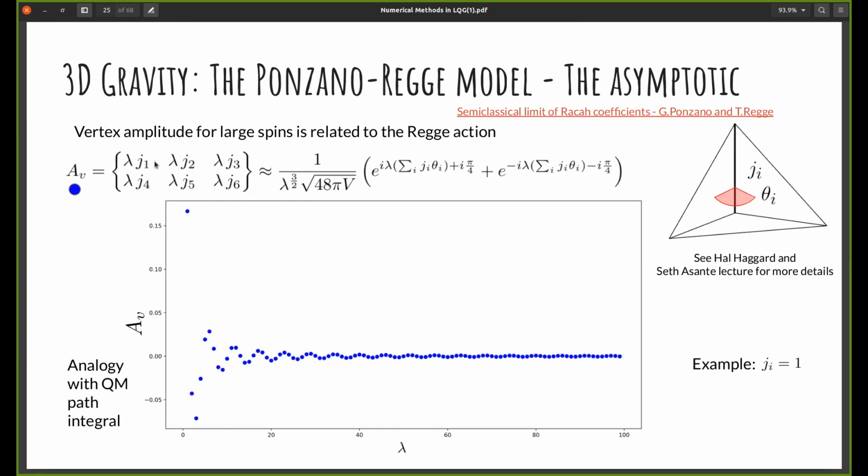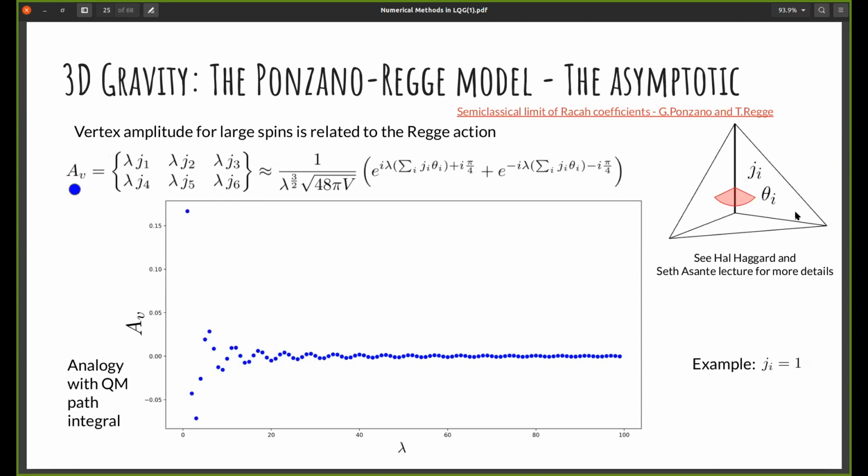And if you rescale all 6 spins with lambda, so you fix the 6 spins. In this explicit numerical example, I fix all to 1, for example. And you take increasing values of lambda, asymptotically, meaning that for lambda infinite, the 6J symbol is well approximated by 1 over lambda to the power 3/2, the square root of the volume of the tetrahedron that you can build using these 6 spins as edge lengths,